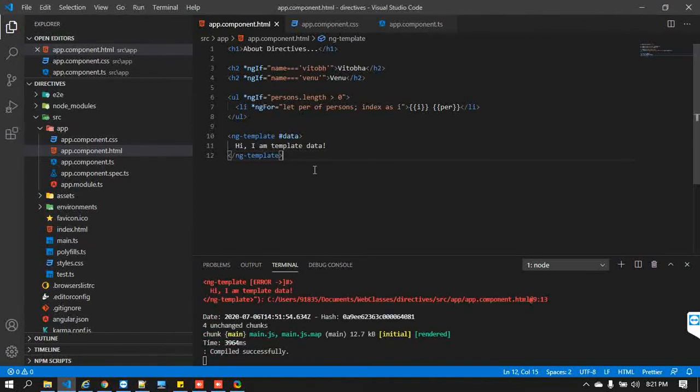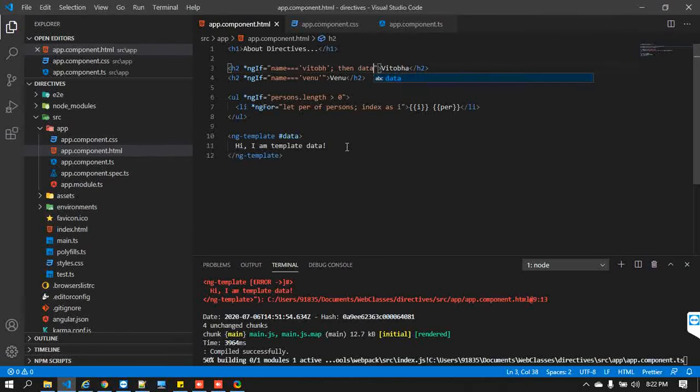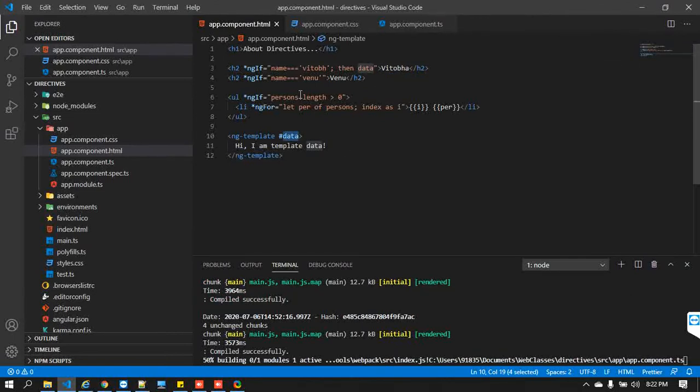Now we'll do one thing: ngIf. Whenever ngIf is true, the element is displayed. If this is true, I am going to call data, which is nothing but this reference variable, and then we display this respective template.